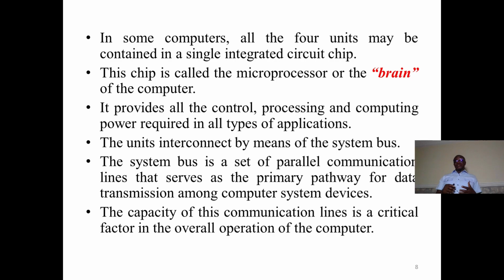In our past lectures, we've mentioned these microprocessors and their calibers. It provides all the control, processing, and computing power required in all types of applications. The units interconnect by means of the system bus. The system bus is a set of parallel communication lines that serves as the primary pathway for data transmission among computer system devices. The capacity of these communication lines is a critical factor in the overall operation and performance of